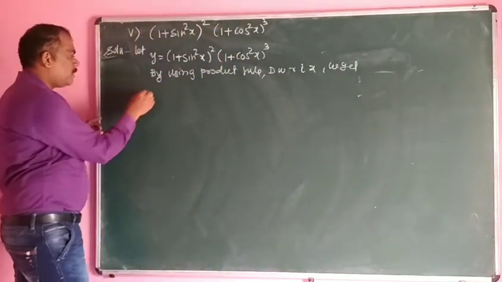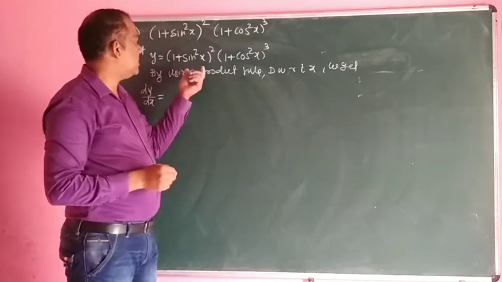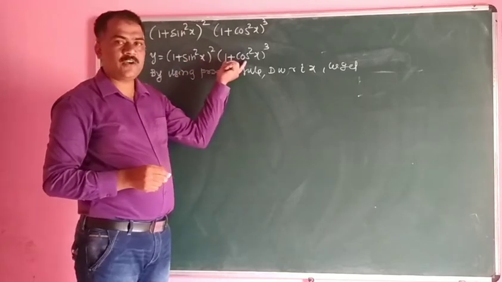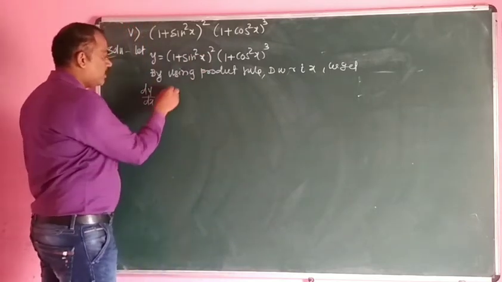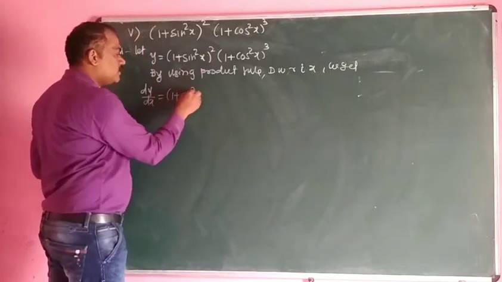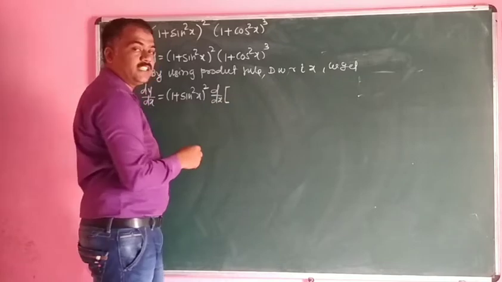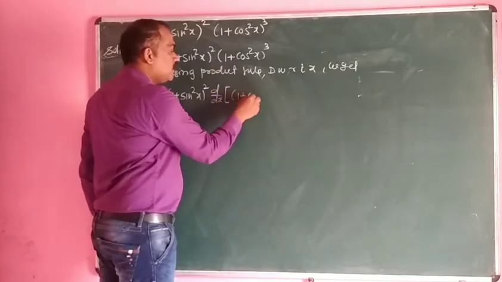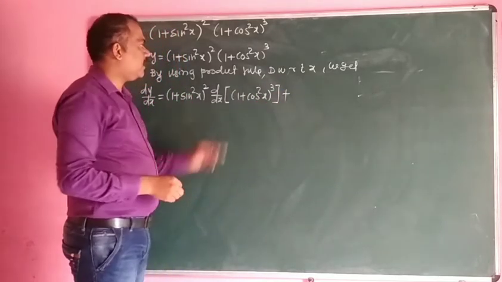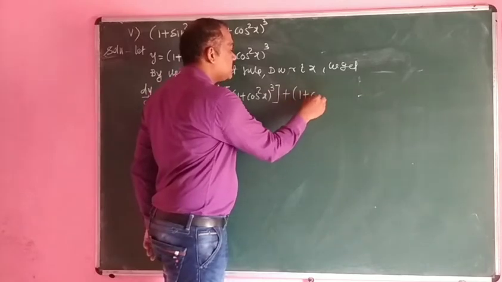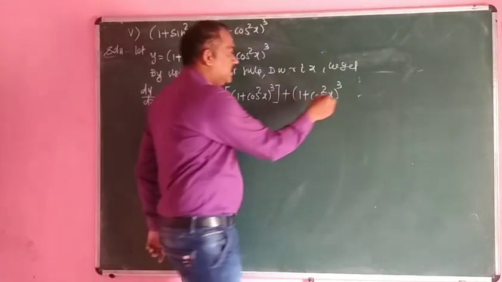dy/dx is equal to, according to the product rule, first function as it is times the derivative of the second, plus second function as it is times the derivative of the first. So first function as it is, [1 + sin²x]², into d/dx of the second function, that is [1 + cos²x]³, plus second function as it is, [1 + cos²x]³, into the derivative of the first function, that is d/dx of